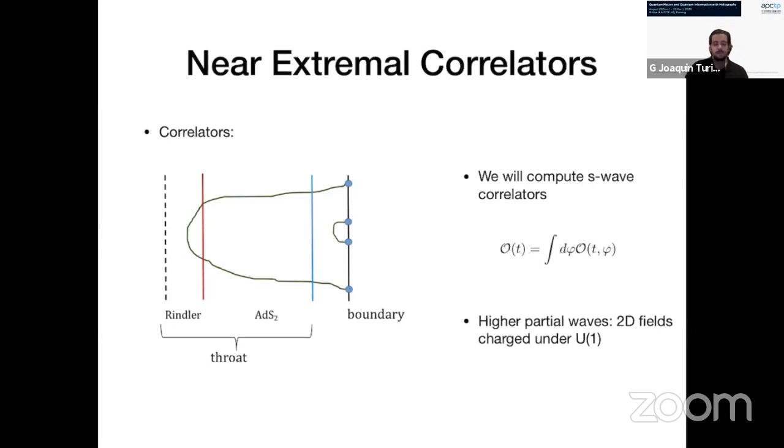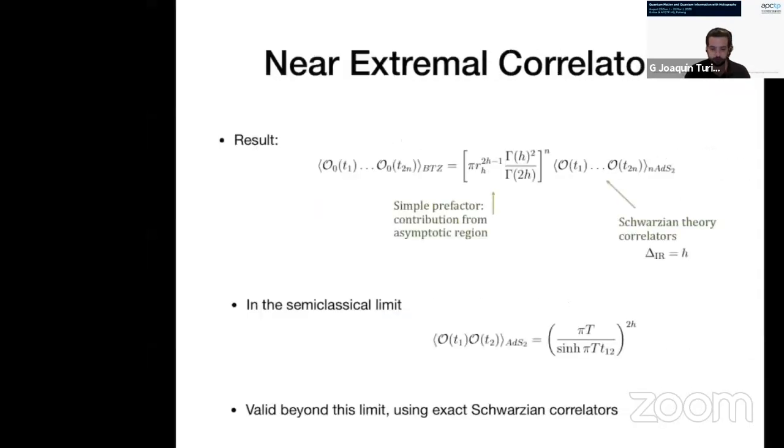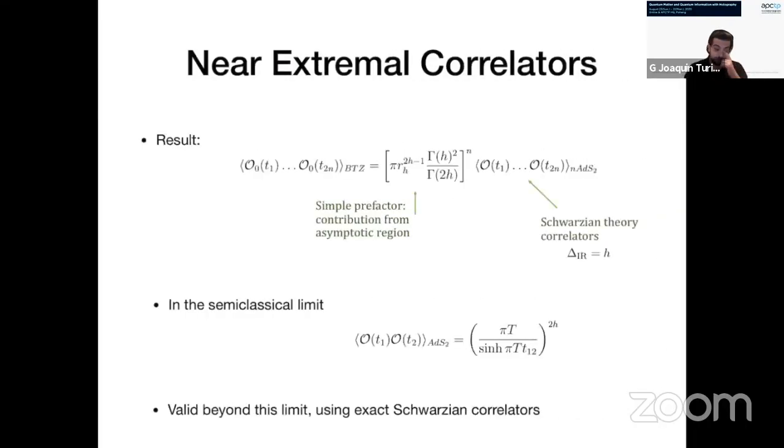Okay. And these fields are free to propagate transparently everywhere. The boundary conditions for the matter are chosen such that this blue line is transparent. So it's not a physical separation, it's just for the calculation, to cut and glue. Okay. And from this calculation of separating the near horizon and the far region, you can derive that the